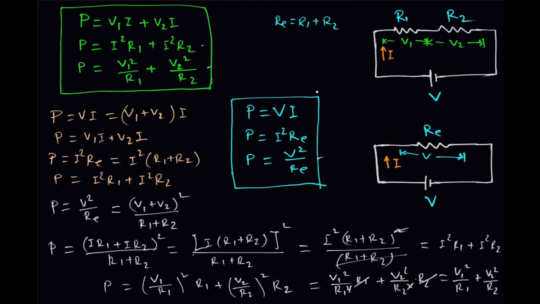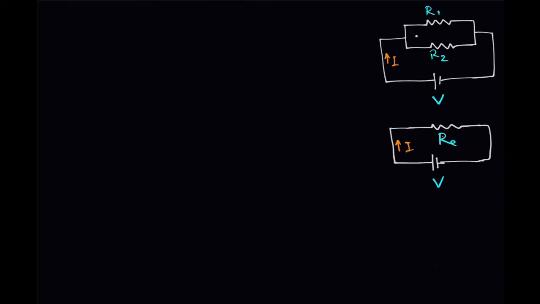And let us try it for the resistances connected in parallel. This is the parallel circuit. Here two resistances R1 and R2 are connected in parallel, and this is the equivalent circuit of this, and RE is the equivalent of these two. Now the point is that if the power consumed in this resistance is P1 and in this resistance it is P2, then the sum of these two will give the total power consumed, and in this case the total power consumed we can directly find by taking this equivalent resistance.